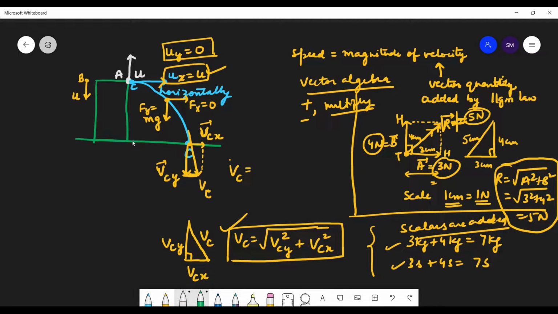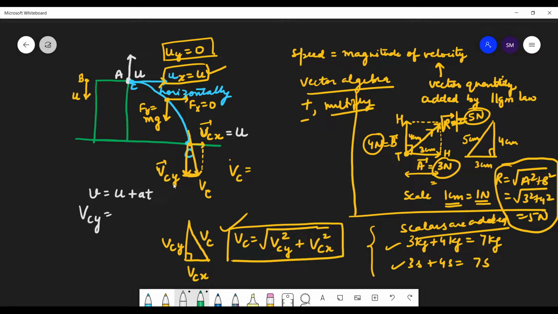So that is why, because force is 0, the initial velocity in x direction will not change. So the velocity remains ux. So the final velocity in x direction will remain u. Okay, so it's not going to change. But yes, what will be vcy? Okay, so vcy means velocity of c along the y-axis. For that we know the formula v is equal to u plus at.